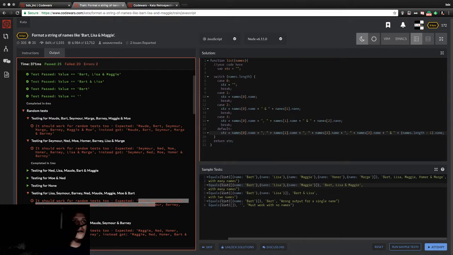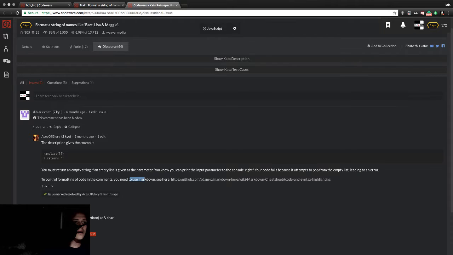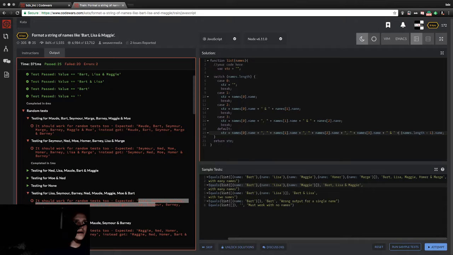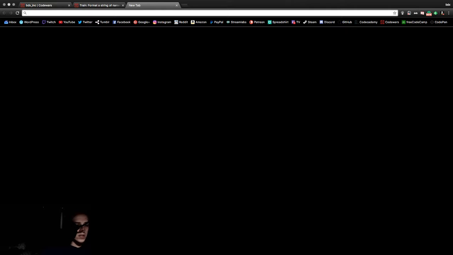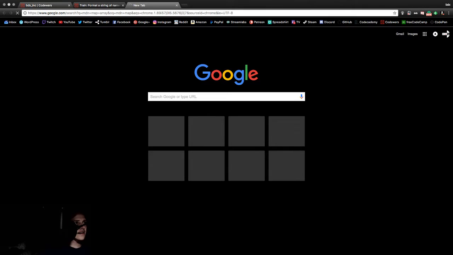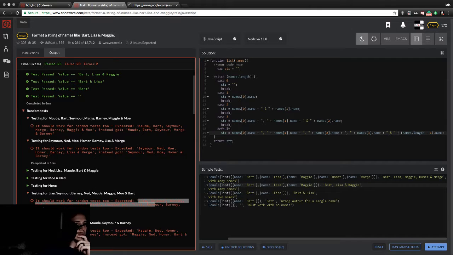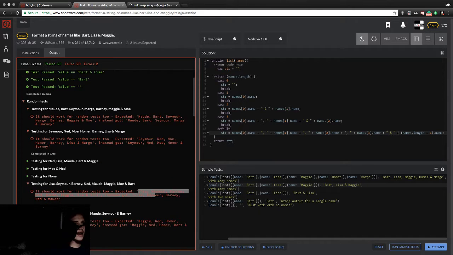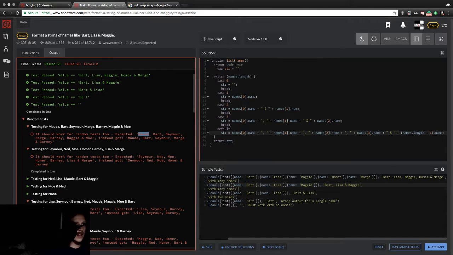Okay, so let's try mapping. I think mapping will help us. Let's do map arrays. At least I think I want to map an array. How will I get all of these names to have comma space after? Yeah, comma and space. Map a comma and a space after all of those, and then